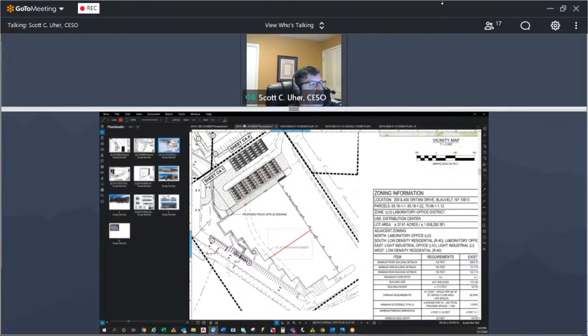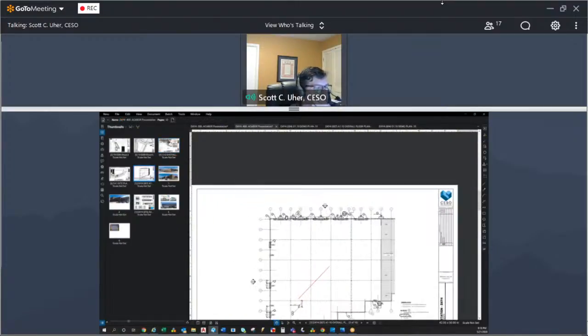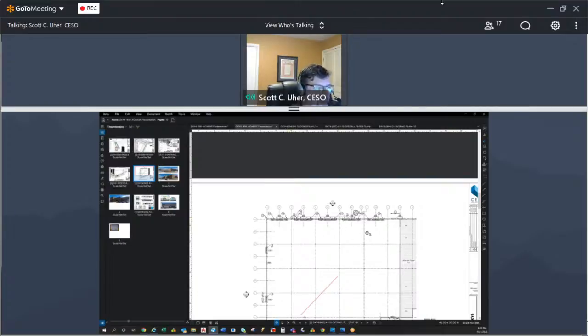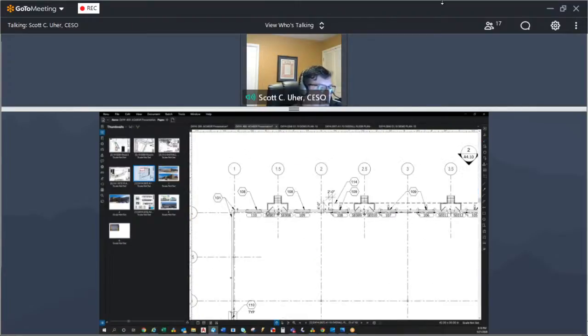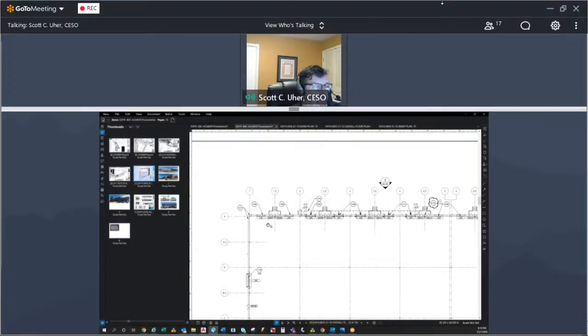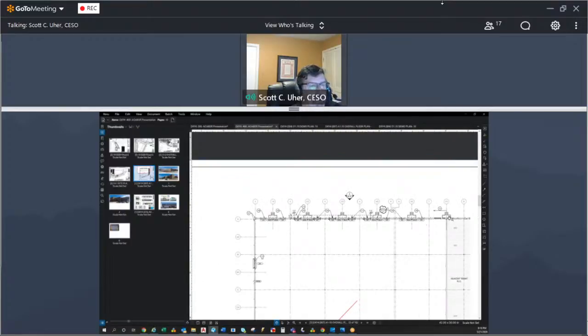Going to the floor plan itself, let me bounce to that. We're proposing some minor reconfiguration of some existing loading dock doors that occur here. Amazon may end up replacing these doors if they don't meet the functional requirements, but they'll be replaced essentially in kind. They're overhead sectional doors like you would see like a typical garage door. I believe they're 9 feet wide by 10 feet high. And the proposal here in Amazon's portion of the building, which is from column line 7.5 to column line 1, is to have a total of 10 loading dock doors on this portion of the building.